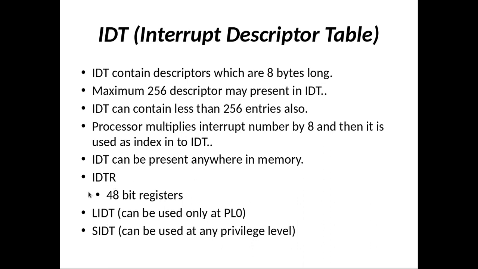Then the second instruction which is related with IDTR is SIDT. By using the SIDT instruction, you can copy the content of IDTR into some memory location. See, here we are not changing the content of IDTR. We are simply copying the content of IDTR into some memory location. So for this you can use the SIDT instruction. The SIDT instruction is not privileged. By using SIDT, we are not going to change the content of the IDTR register, we can just observe the content of the IDTR register. So that's why this SIDT instruction is not privileged. This instruction can be executed at any privilege level.